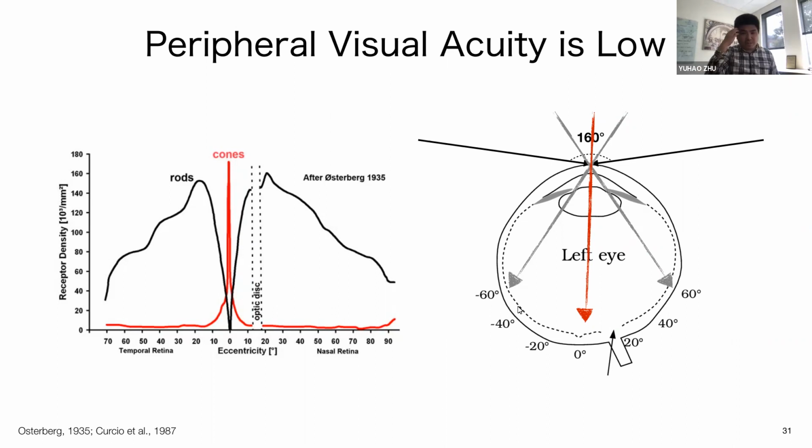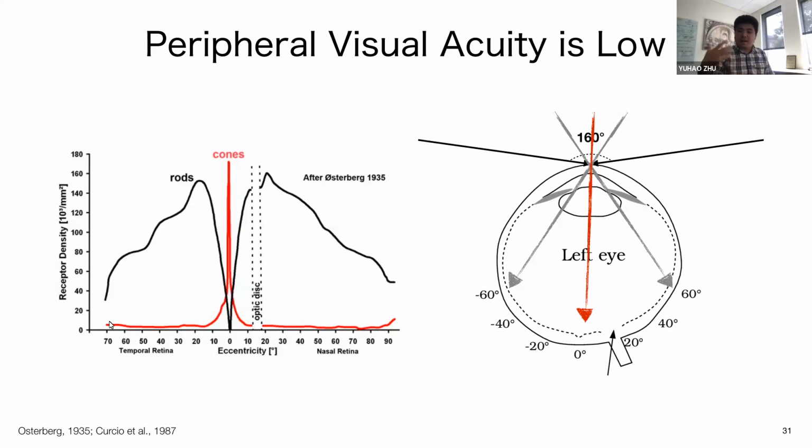Now, you can do a very simple experiment, actually. If you just fixate straight ahead, and look at things in your peripheral vision, you can tell that there's stuff going on there, but you cannot really make out the details. The high frequency details in your peripheral vision are lost, right? And the reason is because if you look at the figure on the left, the photoreceptor cell distribution, on the retina you have millions of photoreceptors.